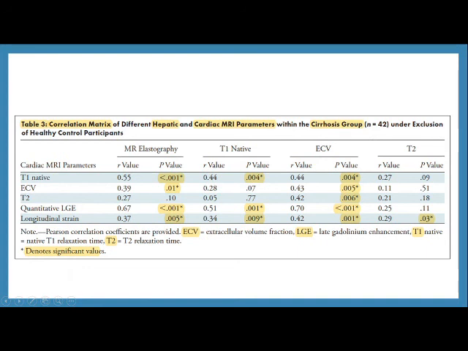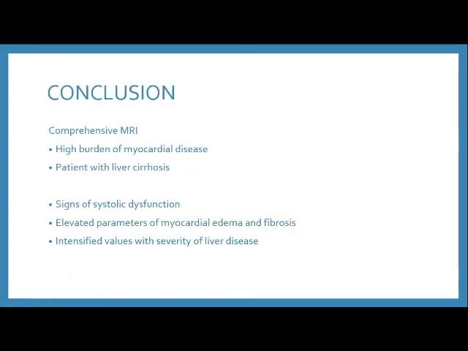MRI values. So in conclusion, this is a comprehensive MRI study showing the high burden of myocardial disease in patients with liver cirrhosis. These patients are showing signs of systolic dysfunction and elevated parameters of myocardial edema and fibrosis. Remember T2 and T1 respectively, the mapping of both. Edema T2 and fibrosis mainly T1, but not only. You remember we had the extracellular volume and also the late gadolinium